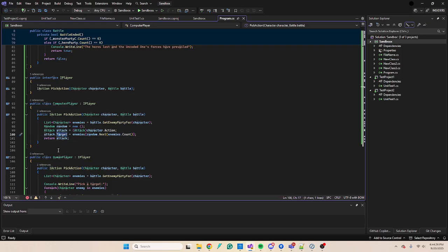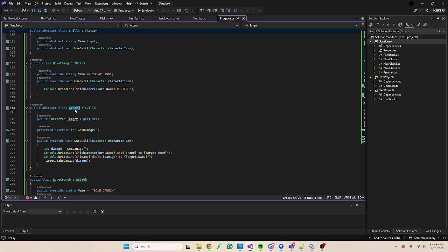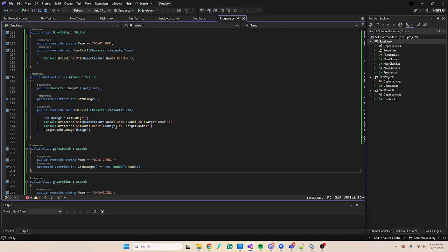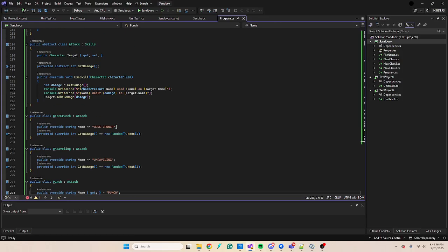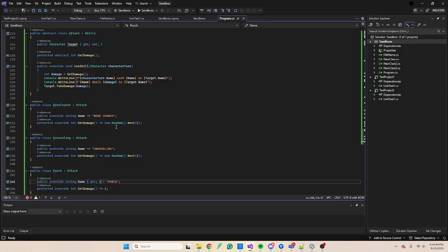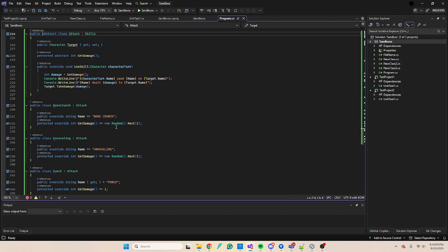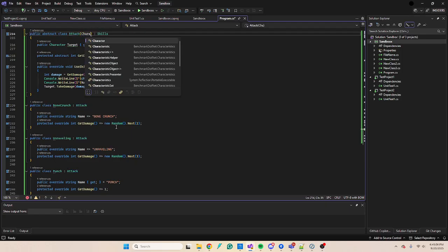Like in my code, I just made a new attack action. One thing that could work for that is to separate this stuff from the metadata about it. What I feel like would be nice would be to make it so that essentially when you make an attack,